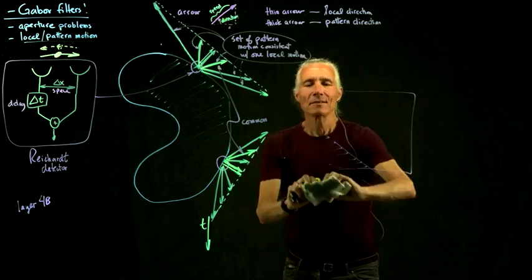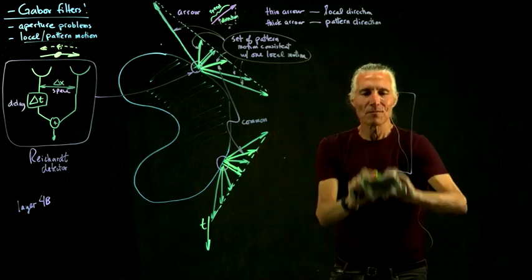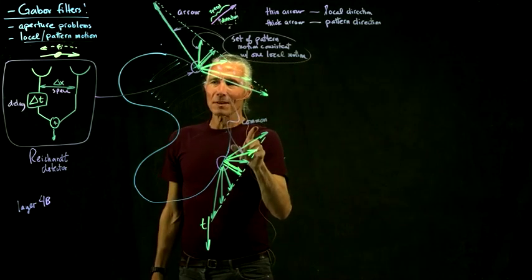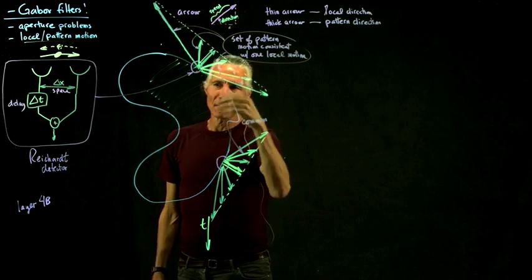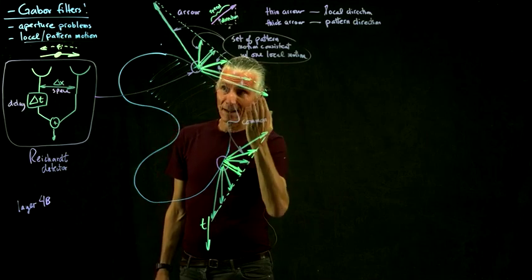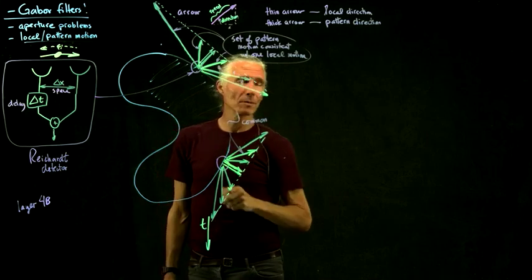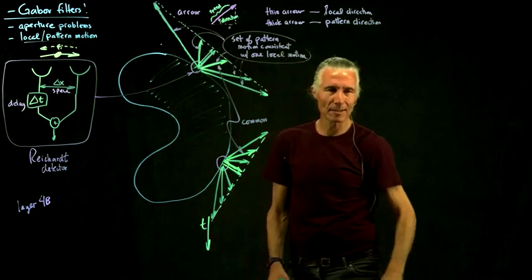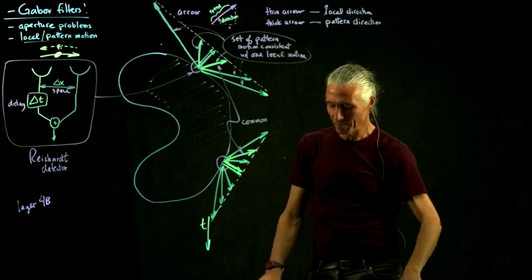So that's basically how you solve it. You just find the motions that are in common across all these detectors. And then that'll solve this radically ambiguous problem where we can't even tell within 180 degrees what direction something is moving. So